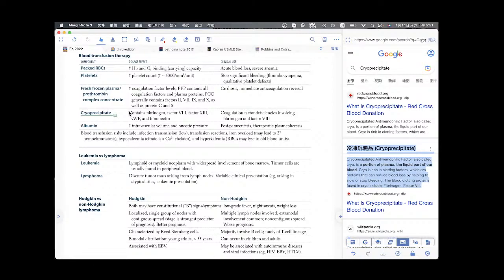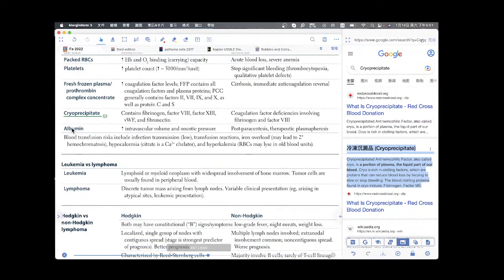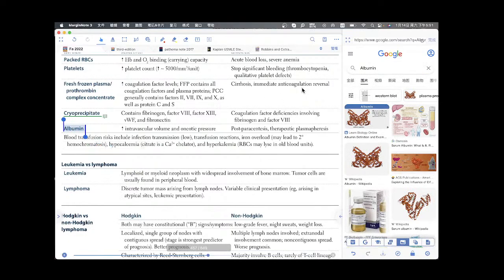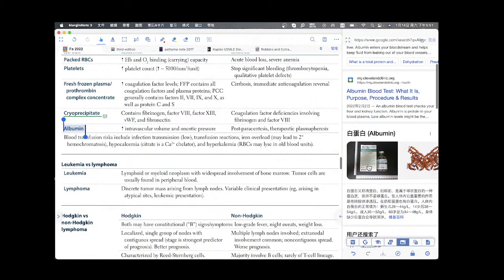Trail. Free. Subject. Albumin， 白蛋白。Uncooked